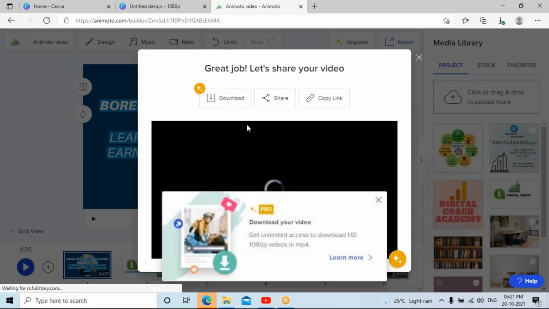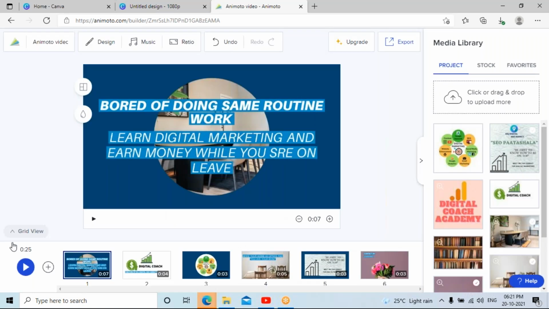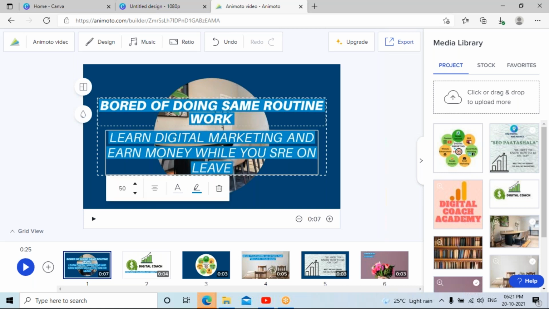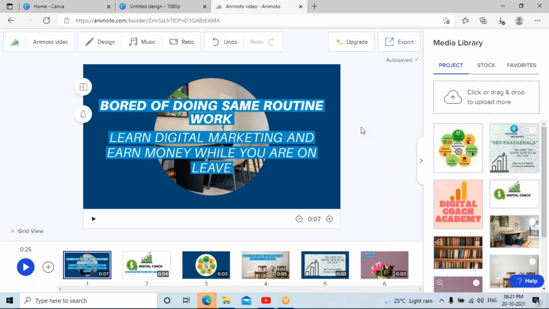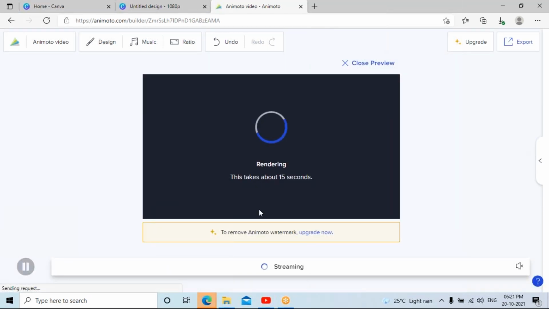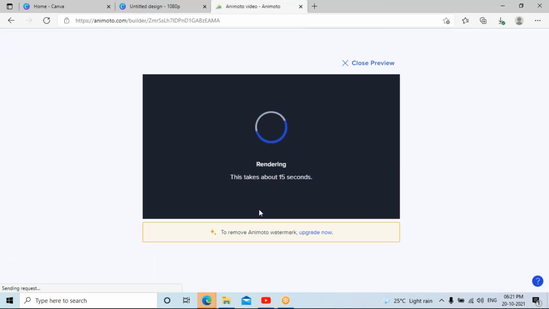So there is free software where you can download it. Since I've used it multiple times, it is showing that I have to upgrade. But when you try it on your own, it is definitely going to ask you to download it free of cost. But once you download that particular video, you can remove this watermark from the website called apowersoft-solutions.com.